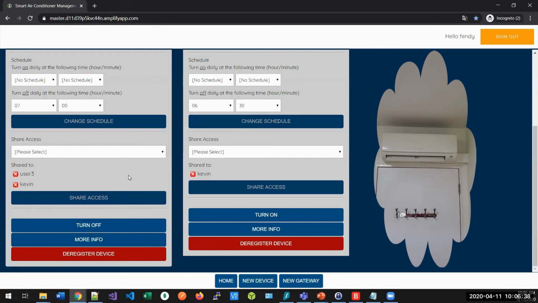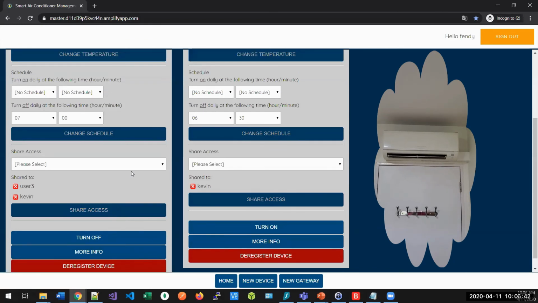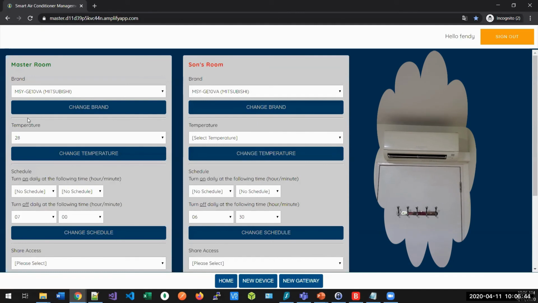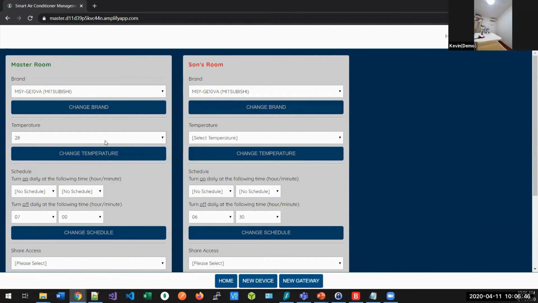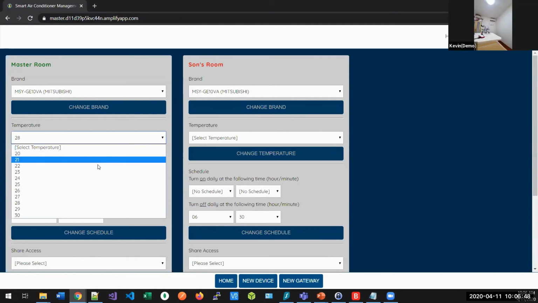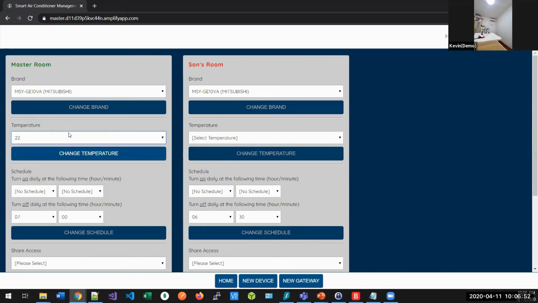The second one is how to set the preview temperature. To set the preview temperature, the user can go to this temperature section and then change the temperature. For example, I'm going to change it to 22 degrees. As you can hear, there is the beep sound.